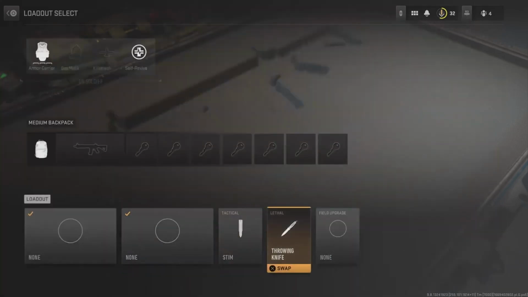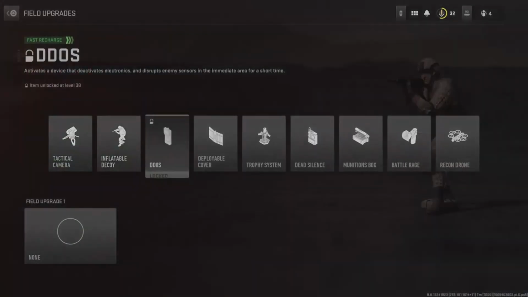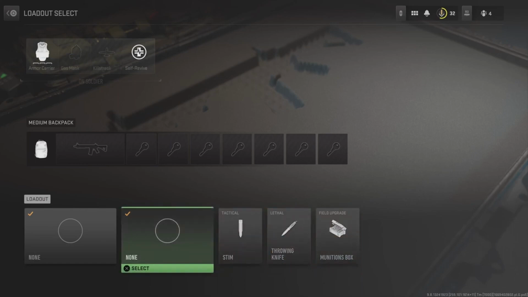I usually go in with a stim, a throwing knife, just because it's one hit, unless you're going against someone who has a lot of armor. And then the other thing I come in with was usually a munitions box. That's just because I run out of ammo a lot. I don't know if it's from me missing or all the people I'm killing. Probably the first one. But anyway, so up there in the top left,